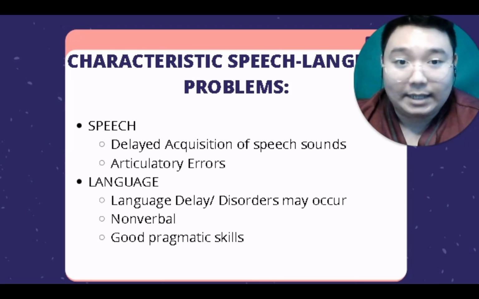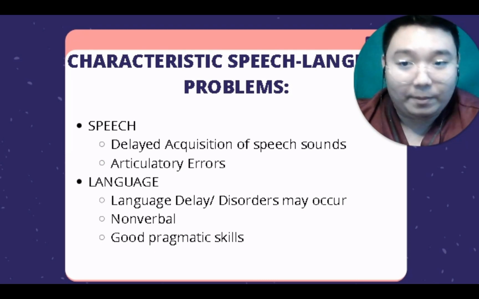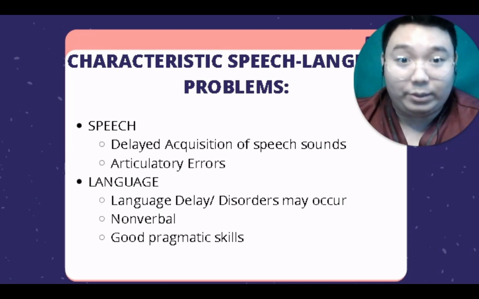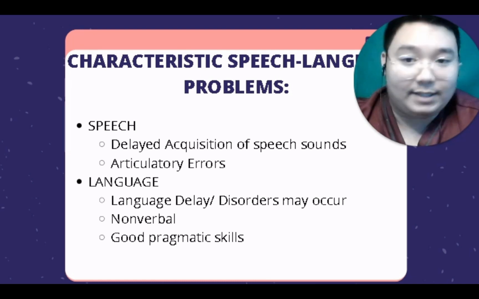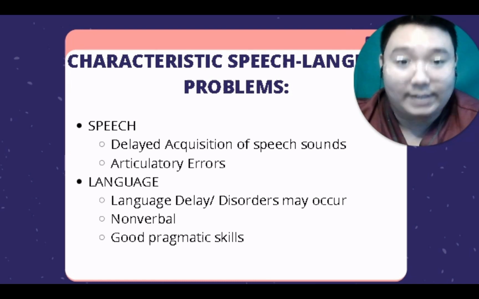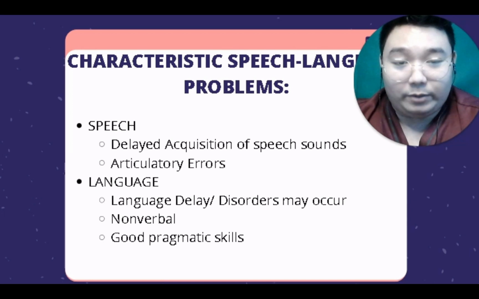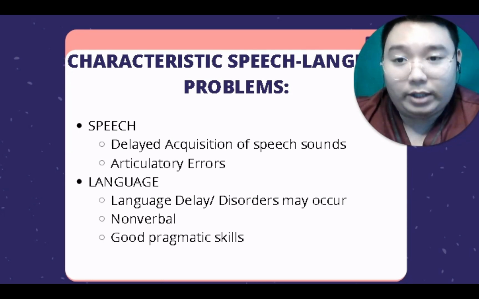Since they have low muscle tone, meaning weak, di ba? So they have difficulty producing sounds. Their acquisition is also affected, so it is delayed, because the movement itself they can't do yet due to their muscle tone. So that also applies to the articulatory